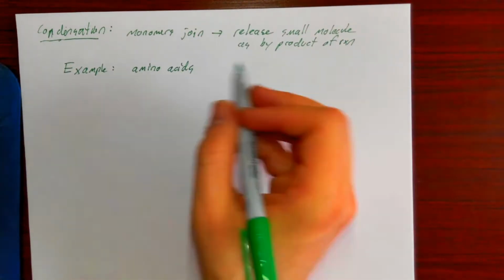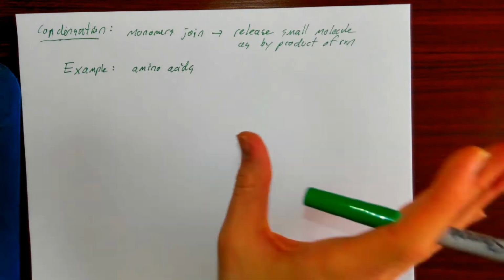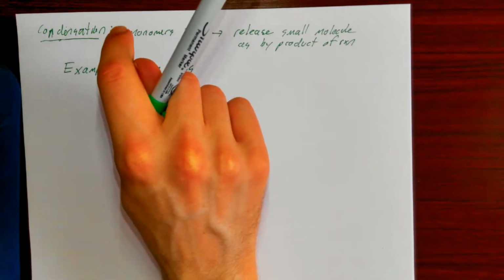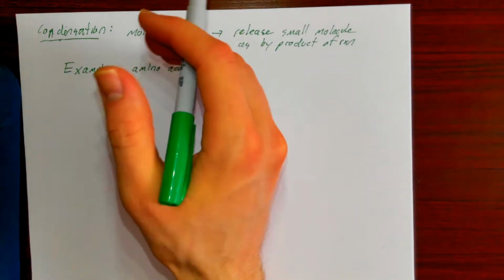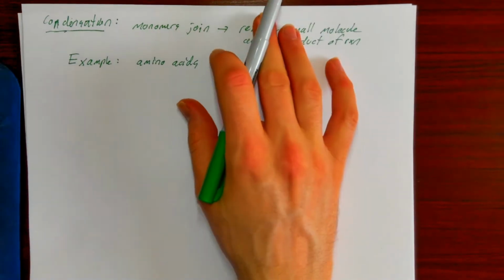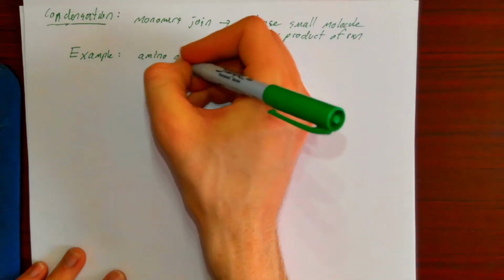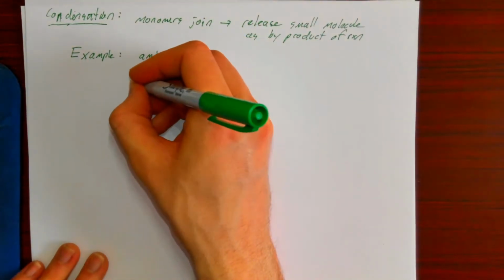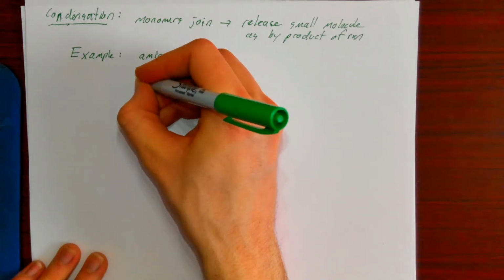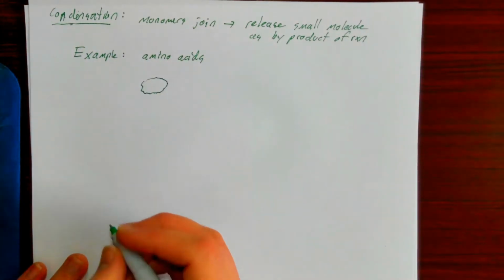And I'm never going to expect you to memorize all of the different types of reactions that can form condensation things. But if you are going to remember one in the context of this class, if you remember amino acids,